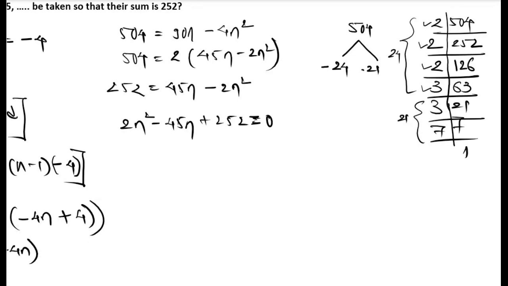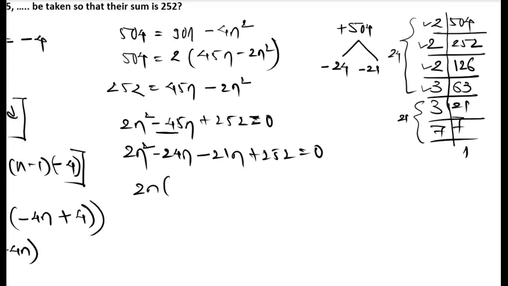If I put negative sign in front of both of them and I multiply, I get plus 504. But if I add them, I get minus 45. So 2n square minus 24n minus 21n plus 252 is equal to 0. So 2n comes out common over here. n minus 12 remains inside the bracket, minus, if 21 comes out the bracket,